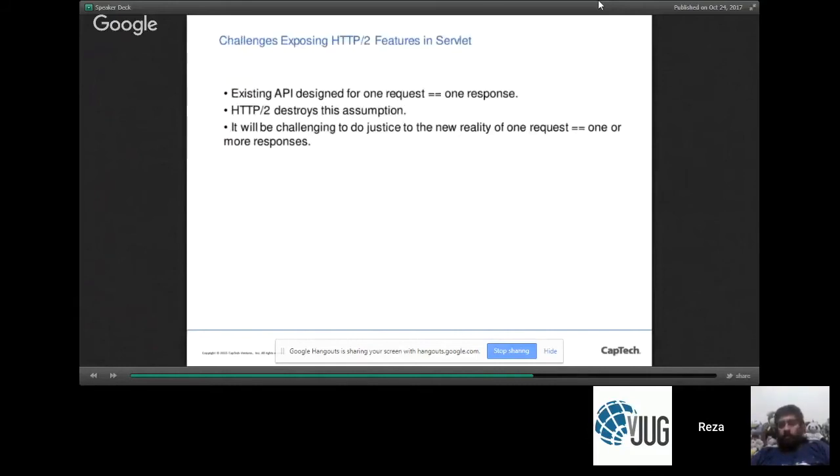So how does this happen? It's an interesting question to ask. Besides being a higher level protocol, the other fundamental challenge here is, think about this now. Before, you had a one-to-one mapping between a request and a response. So you had a doGet method, right? If you get a request, you get a service or a doGet or a doPost invocation, and that's one interaction. Now you can have multiple interactions per a given connection. So how do you handle this?